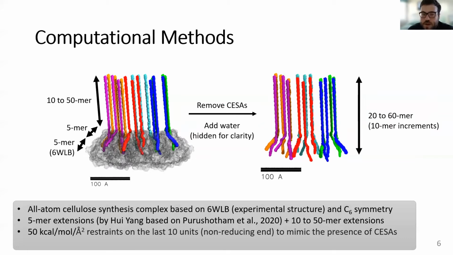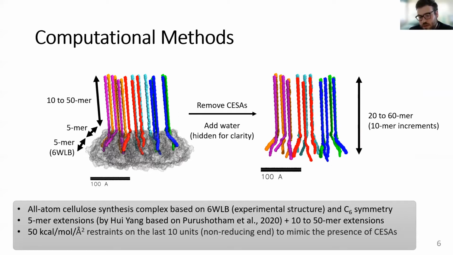So to go a little bit more in depth on the computational methods, we essentially took an experimental structure, 6WLB, which is a protein trimer. So it consists of 3 of these proteins, and then arranged it into a cellulose synthesis complex based on C6 symmetry. So again, this complex, you can treat it as a hexagon with 6 of these 6WLBs, which consist